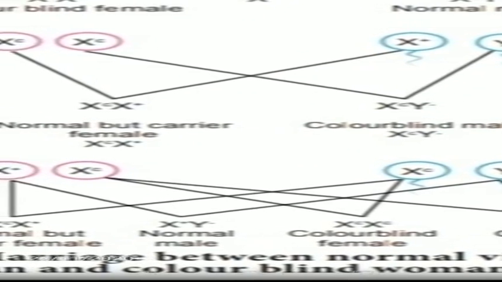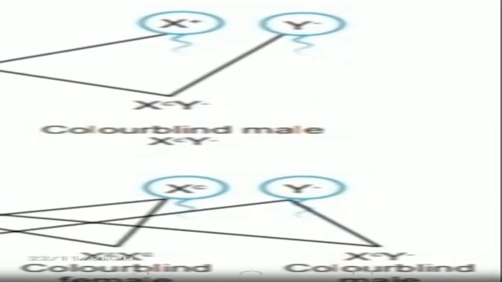And the daughter will have normal vision but be a carrier. Here, this is the daughter, a female. They are normal but they are carriers, whereas colorblind males are affected. Marriage between F1 generations: if we see the F1 generation, the marriage between an F1 carrier female and a colorblind male